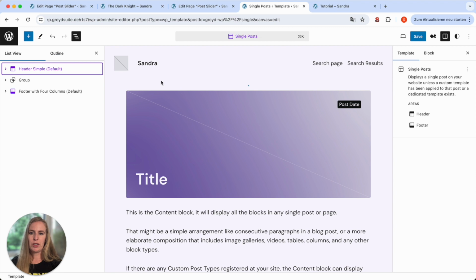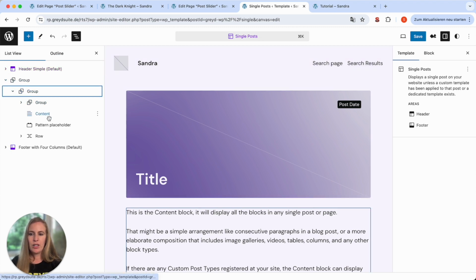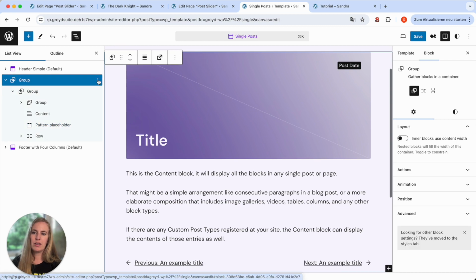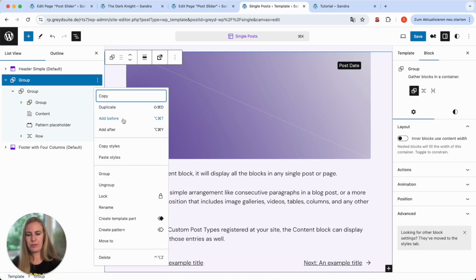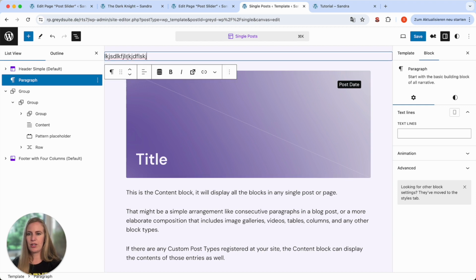You can see it's a regular template with header, footer, and the content in here. And here you can work with general placeholders, default ones by WordPress, like the post content. But again, you can also work with our dynamic text. So if you just say, okay, this is a placeholder and we want to see the author here, you can do it like that very easily.